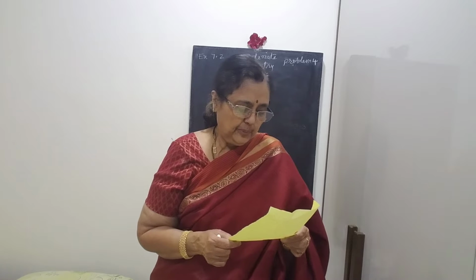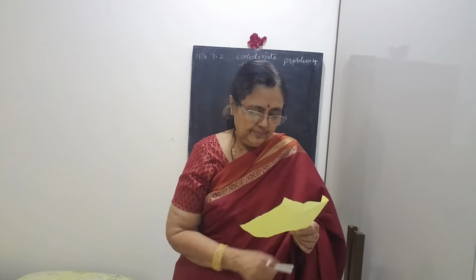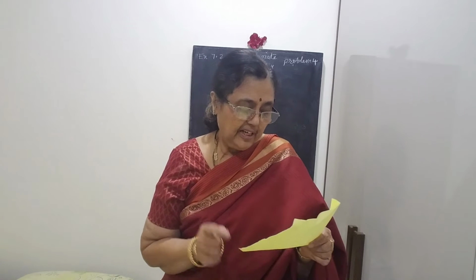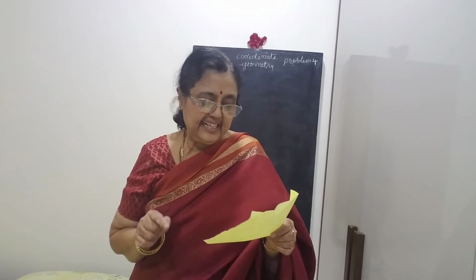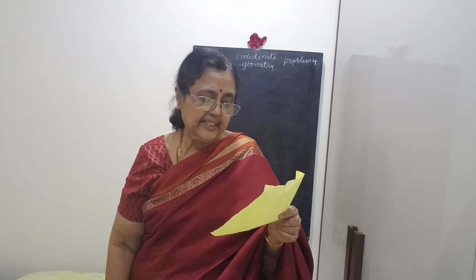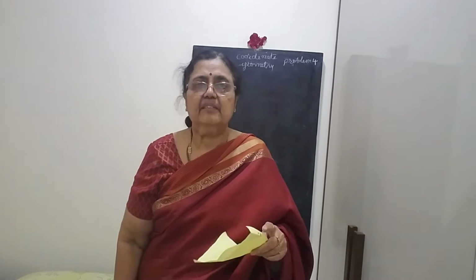This is the fourth problem of 7.2. The points 1, 2, 4, y, x, 6, 3, 5 are the vertices of a parallelogram taken in order. Find x and y. So two unknowns are given, x and y. You have to find out